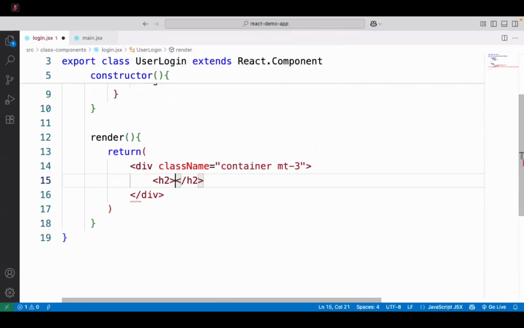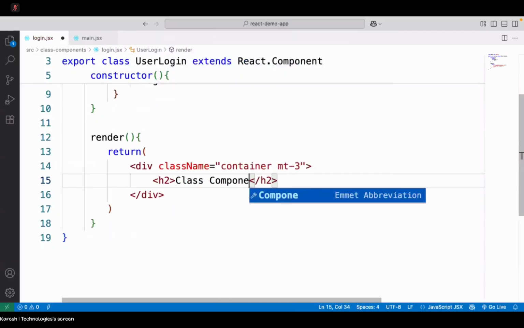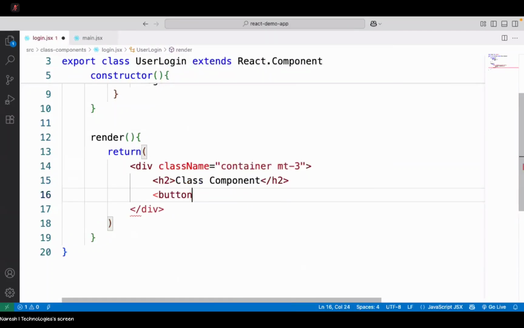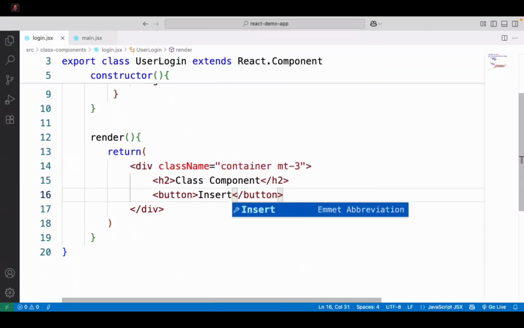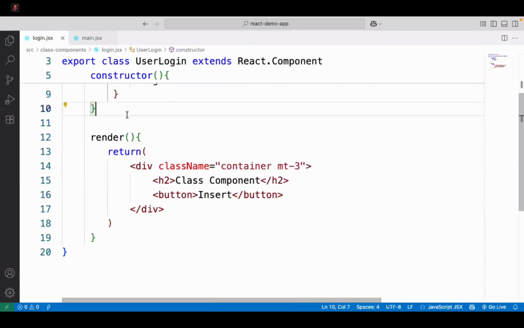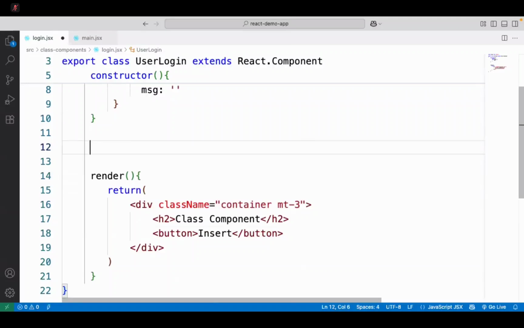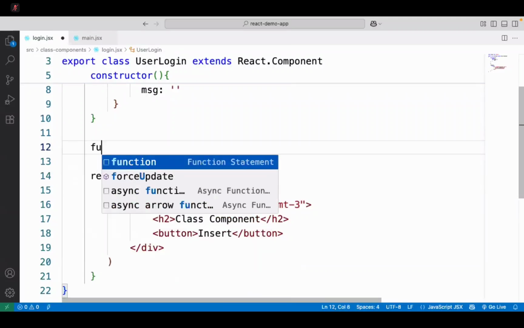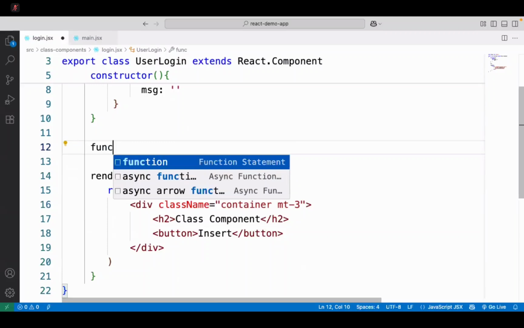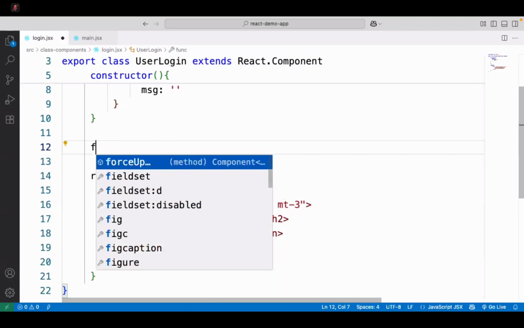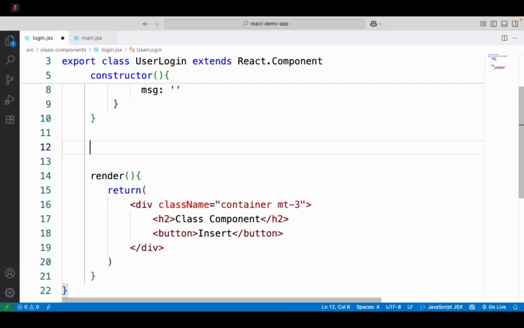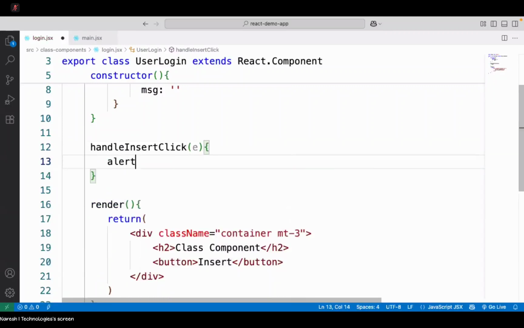And I will just put a heading, class component. And we have a button, say insert. First point, I want some event for this. So what we have to do, directly, because you are in a class, you can't use a function. Functions are not allowed in a class. So as a class member, we have to just write a method handleInsertClick, and it will get an event argument. And what we have to do, alert